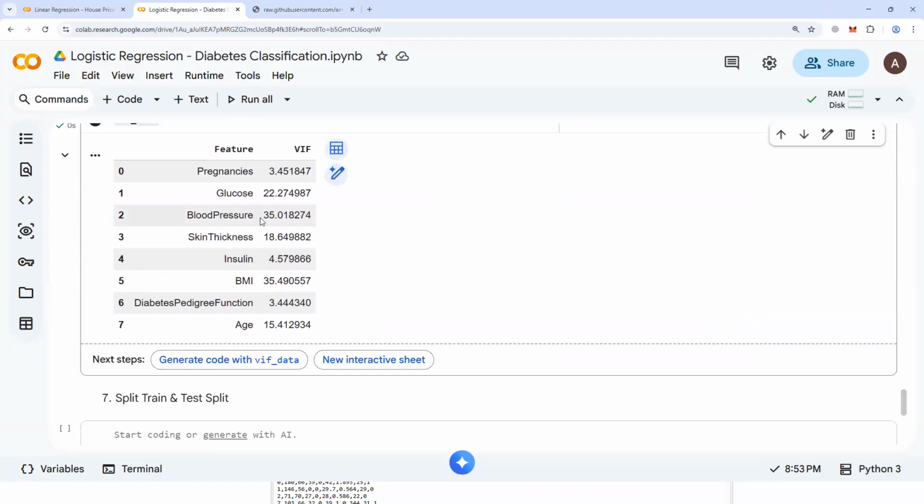Okay, sorry, I forgot to discuss. Are there any signs of multicollinearity? Yes, there are signs of multicollinearity. These are really high values, this and this specifically. This is also very close to a high value. So we could have actually dropped one of them. Maybe this BMI we could have dropped, and that would have given us the perfect result. Reason being, you can clearly see that